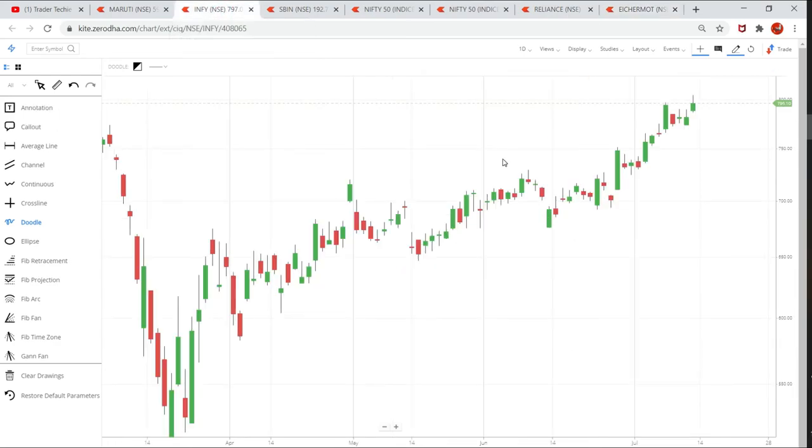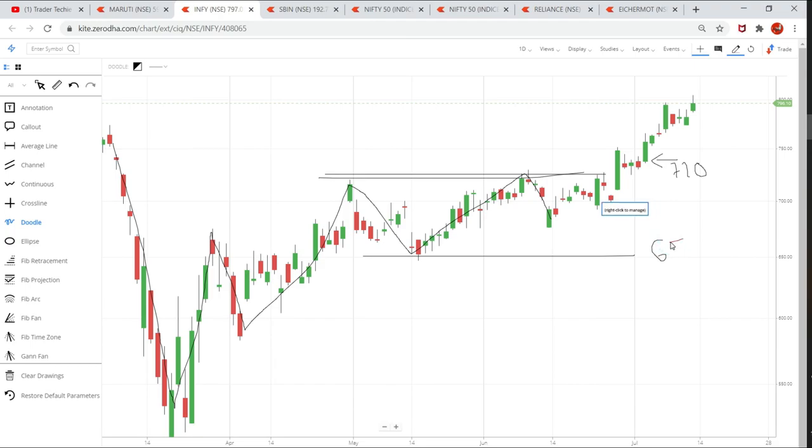Even if I explain in Infosys, if you try to see, it fell down. All the stocks fell in March. It made a high of 670, came back down to 600 levels. It made a high of around 700, came back down, and again it went to 720, came back down. So the previous highs were around these levels. So if I'm interested in buying stocks of Infosys, I'll be interested at this level, around 710, 720 levels, and I'll be putting a stop loss at this level, 650. As I said, you have to put your stop loss every time you trade. And see, today the market is at almost 800 levels.